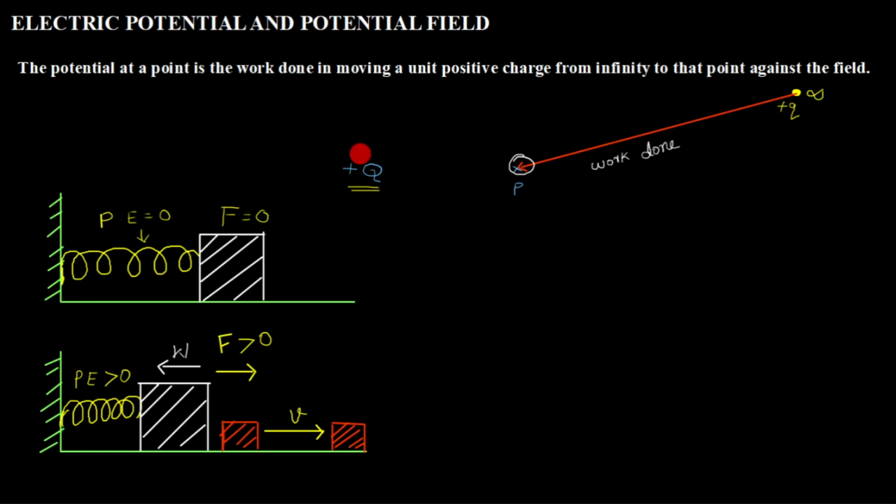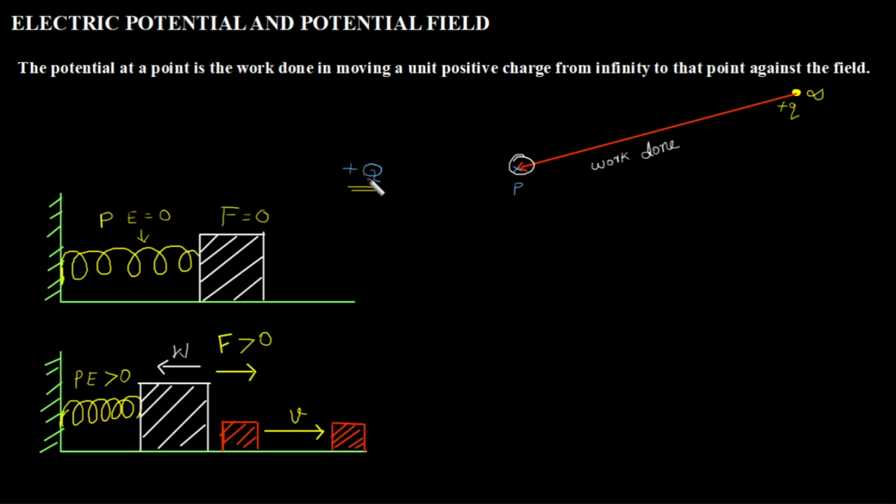So this point P, or whatever you try to keep at this point P, it will experience a force due to this plus q. So we say that this plus q is having a potential energy which is pushing maybe a unit charge which is yet to be here. Something kept at this point will be pushed by this plus q. So I go further and further and further, it will still experience, this point P is going to experience the force because of this plus q. So where I have to keep this point P such that it will not experience a force, that is the question. I hope the concept is very clear.